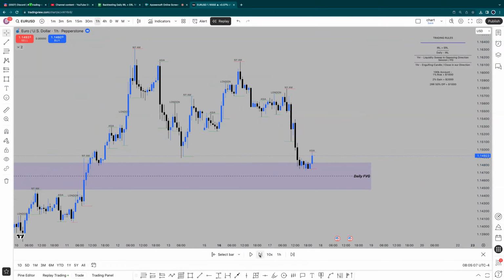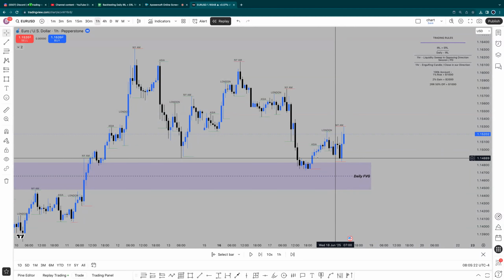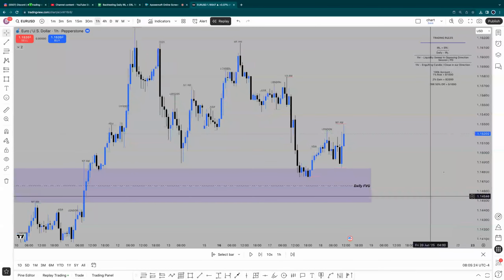Let's see how we react. Asia, I want to see that Asia low taken out in London or New York, whatever one. Just before I trade that level, I would like to see that level get taken out. Oh, okay. So New York does put in an engulfing candle, and it does tag into the 1 hour